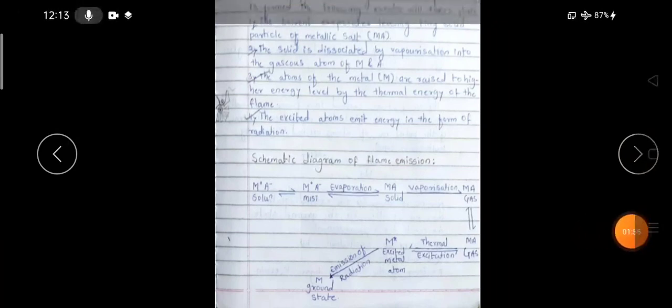First of all, let us see what is shown in the schematic diagram. First, we take the salt and prepare its solution. It is called the salt solution. In the salt, you should always remember there will be a cation and an anion. If we are talking about a metal salt, the metal will be represented by the symbol M. It will become M plus, whereas the anion associated with this metal will be A minus. That's why it is given as M plus and A minus solution.